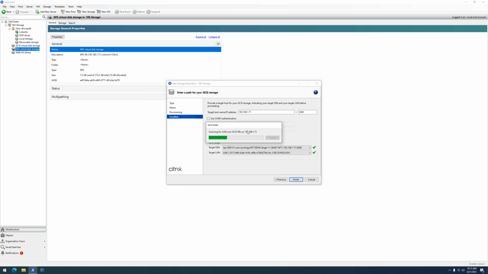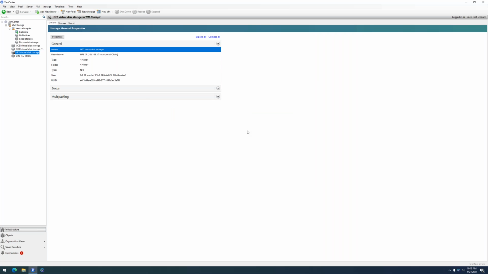The next thing that's going to happen is it wants to format it. So in this case, when you use iSCSI, Citrix is actually going to format it with the file system it wants to use. So that is one consideration you want to make. When you use NFS, the NAS is in charge of the file system. So we support ext4 and BTRFS, and BTRFS is what you need for snapshots and is what we have recommended now for the last couple of years, but the choice is ultimately up to you.